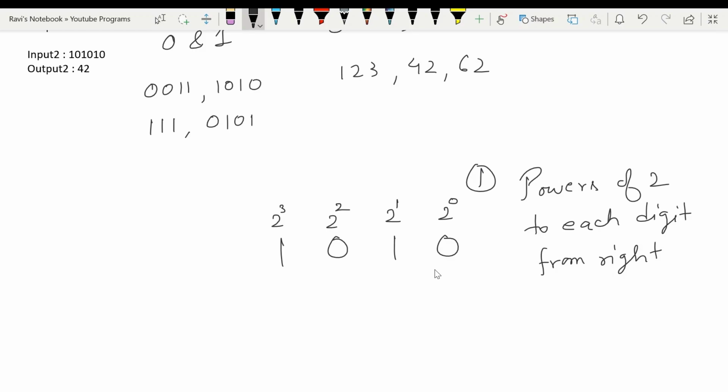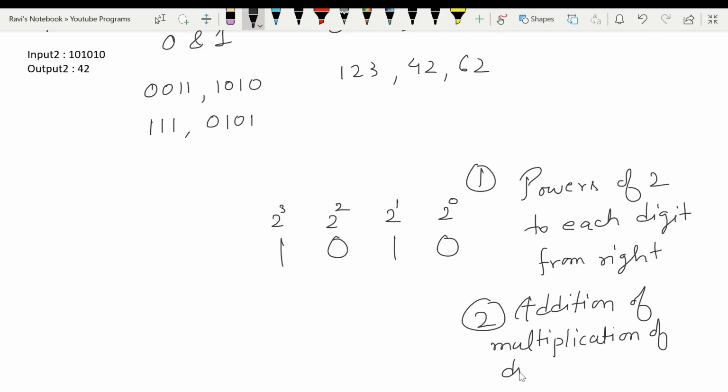Now what is the second step? Second step is the addition of multiplication of the digits and their respective powers. Listen again. Second step is the addition of multiplication of digits with their powers.